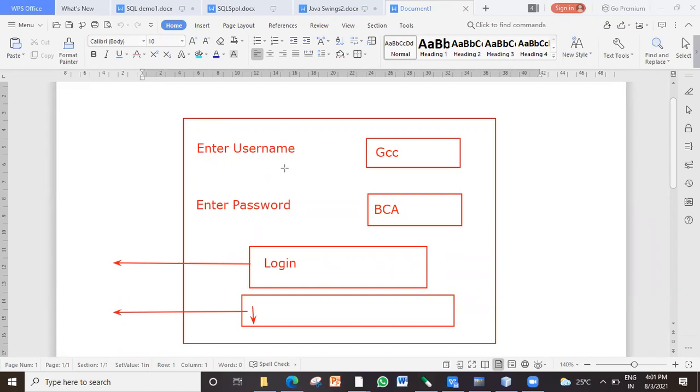Okay. So since we have learned three components, that is label, text field, button, I want you all to know how practically you can create this label, button and text field. Clear? And also how to fetch the value from different components, how you can use get text and set text. I have already given you a hint. So the remaining things are same as in Java, how to declare variables and how to use them in get text and set text. Clear?